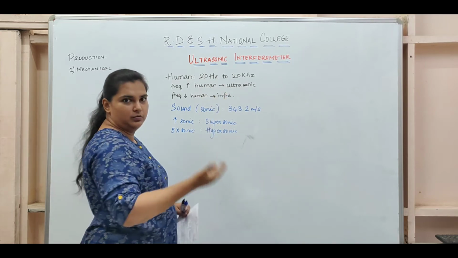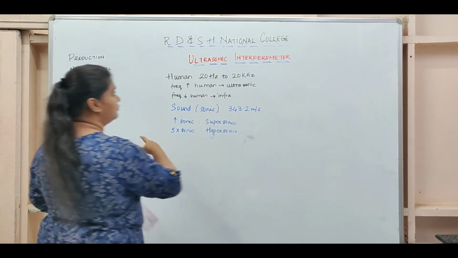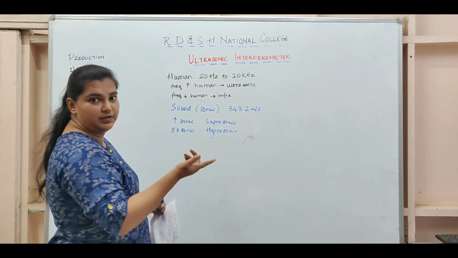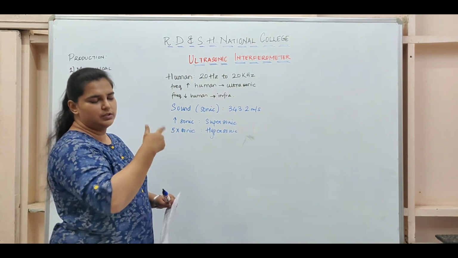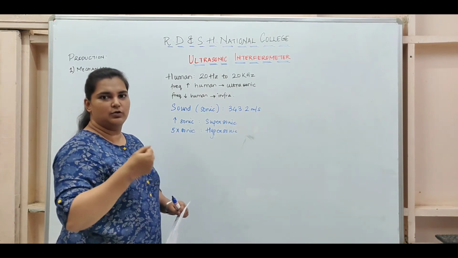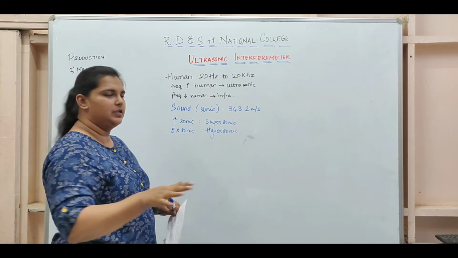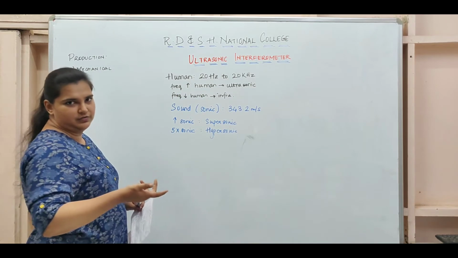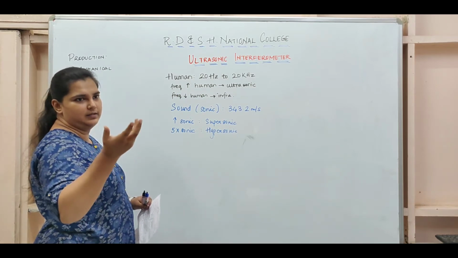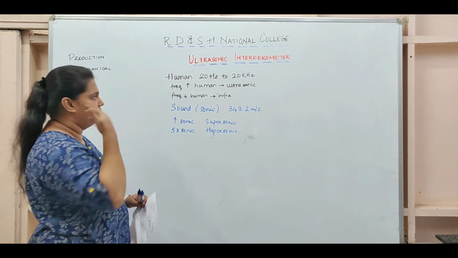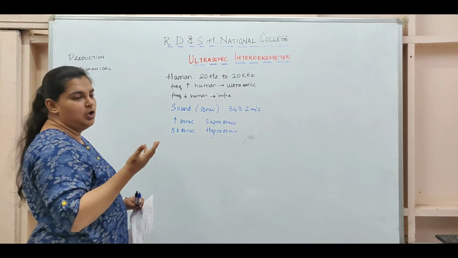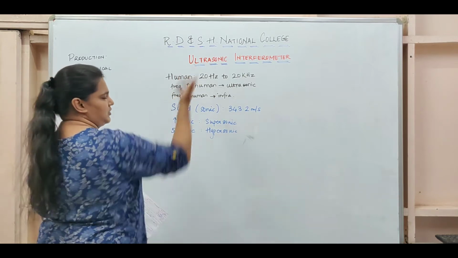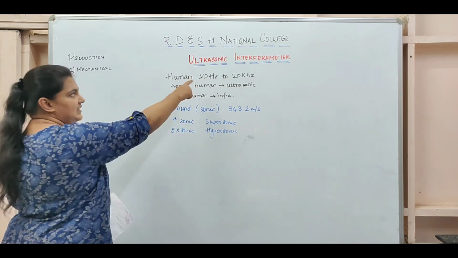So what I've covered here is basically what the ultra and sonic regions are. Now I've already told you what an interferometer is. So let's move to using these ultrasonic waves to calculate the velocity of a liquid, any given liquid for that matter. First thing is to generate the ultrasound waves. Obviously, normal human sound cannot produce these ultrasonic waves. How do you generate them?